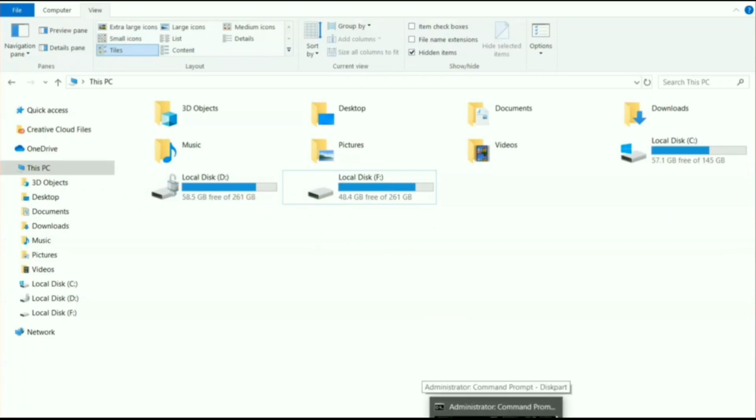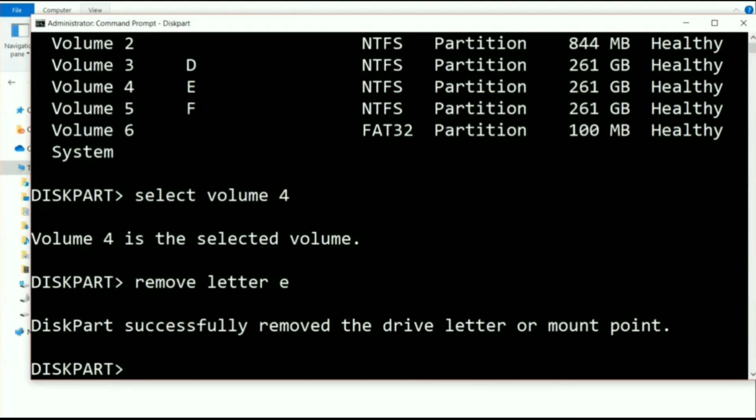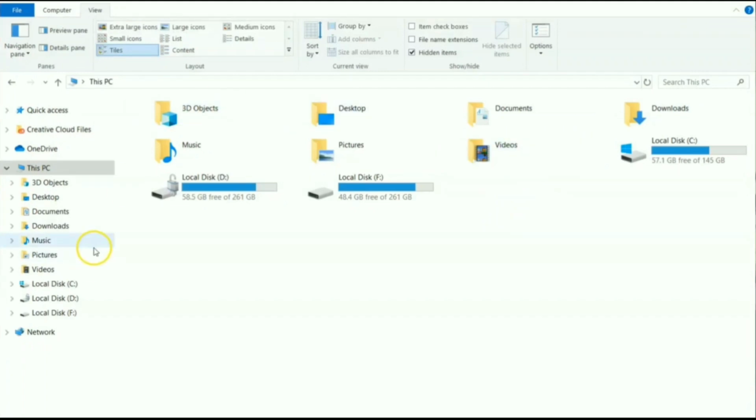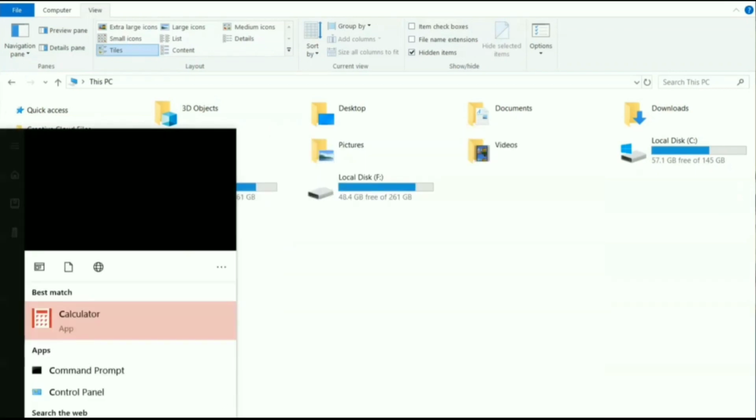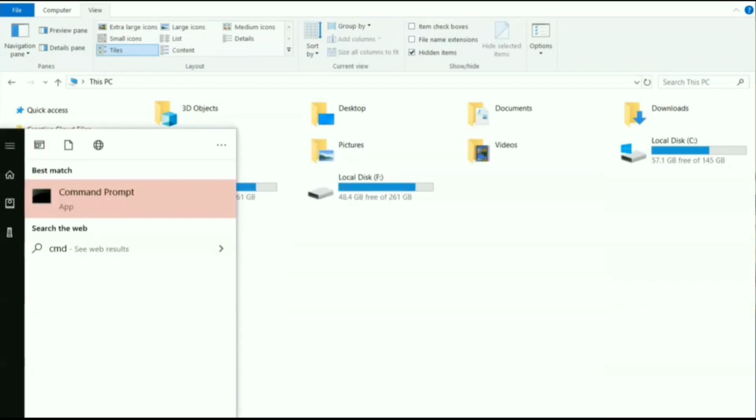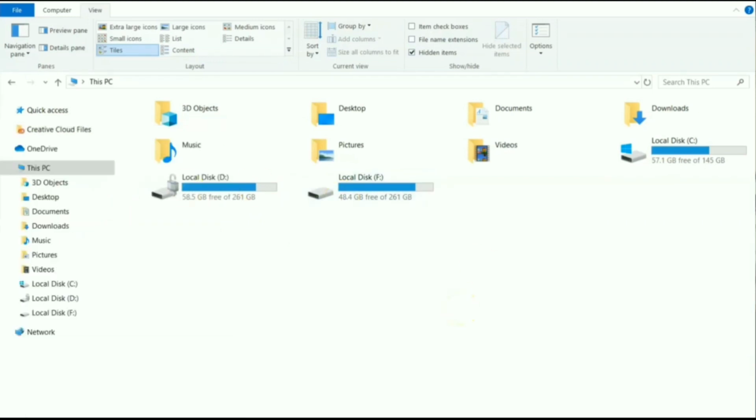Now to unhide the drive in Windows, follow these steps. Close the command prompt first and follow the first 4 steps again which you did to hide the drive. So go to the start menu and type cmd, right click and run as administrator.